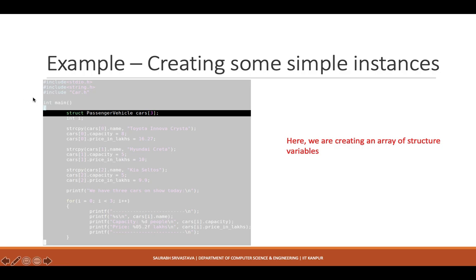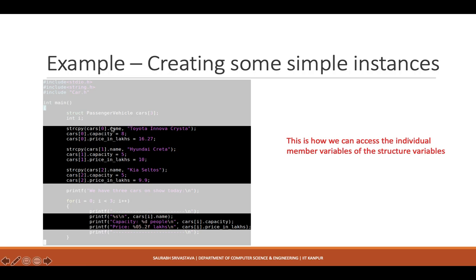So this essentially is creating 3 instances of passenger vehicle, and then you access them very similar to how you access any other array element. Basically, you use the index, and then this becomes one particular structure variable. Dot capacity, price in lakhs, these are basically the member variables.